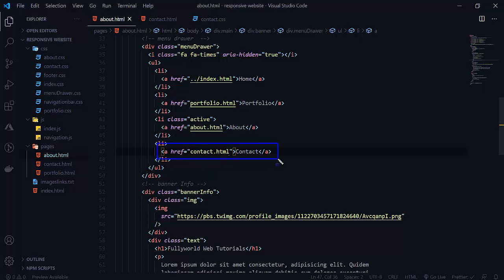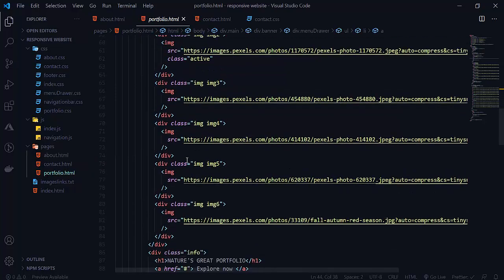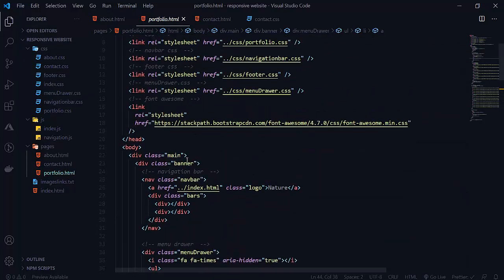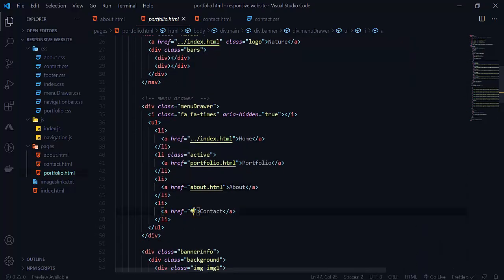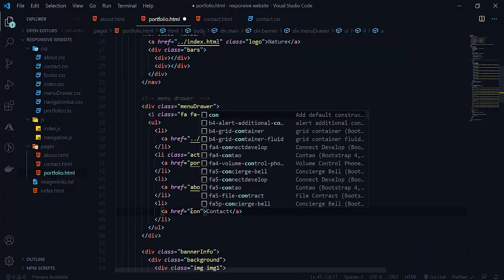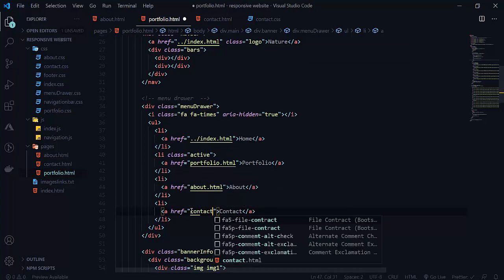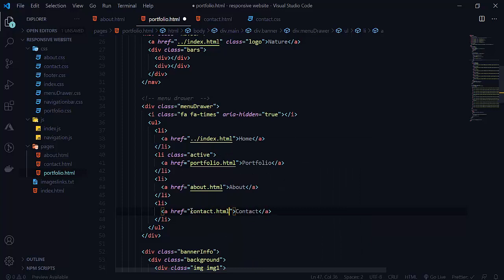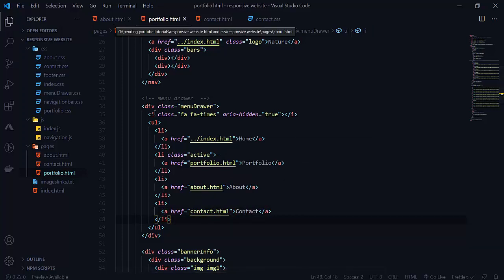We applied hrefs in the about us page to move to the contact.html page. The same we want for our portfolio here. So in the portfolio this will be contact.html, because our portfolio and about.html are in the same folder, so we only want contact.html.